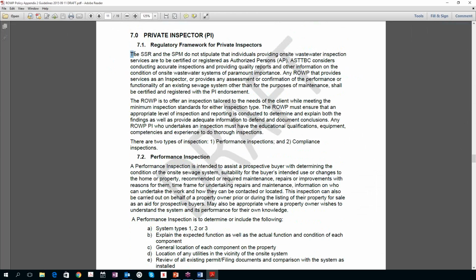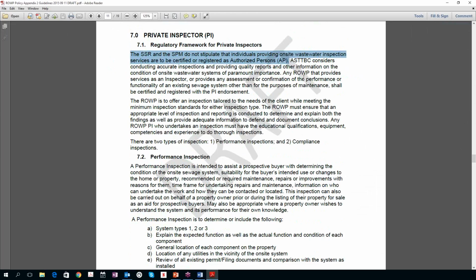I touched on this, and here it is in our policy. The SSR and the SPM don't say that you need to be an authorized person to do inspections. It's just sort of silent on the issue. It does say that to do construction or maintenance, you have to be an authorized person, and construction includes design, but not inspection. So that means a retired school teacher or anybody can hang up a shingle and say that they're going to do inspections.